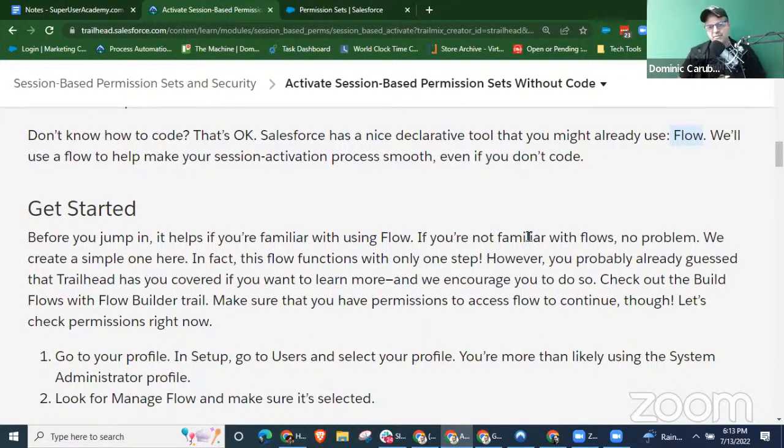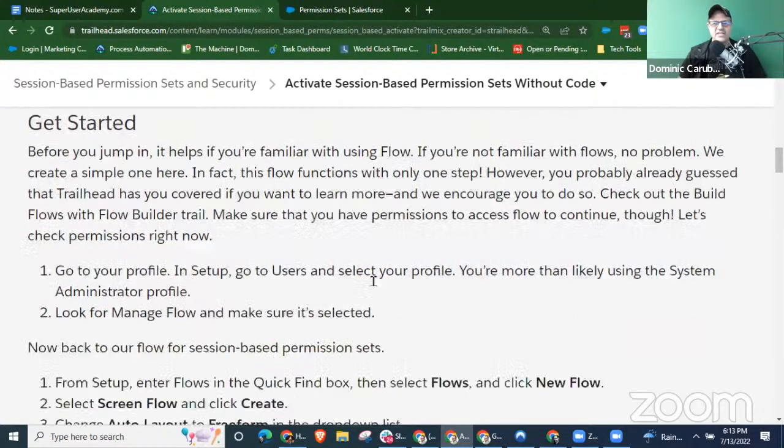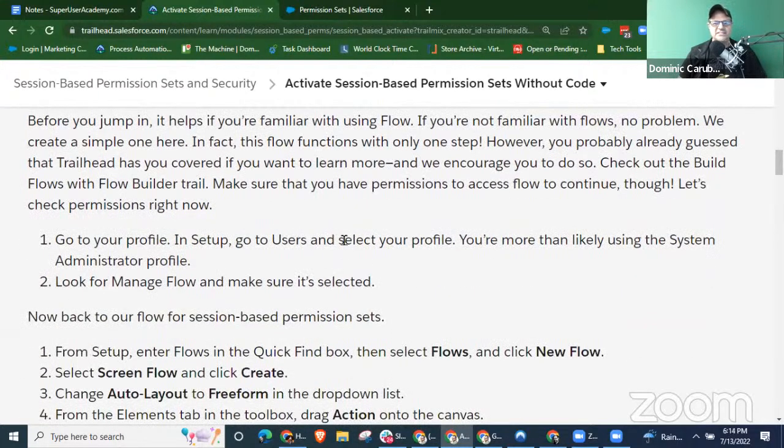If you're not familiar with flows, great. We're going to do more on that later. Yeah, of course they're selling it. Go to users. So we're going to make sure that